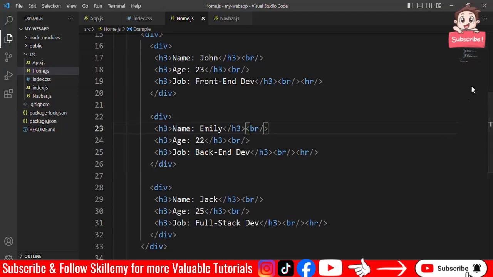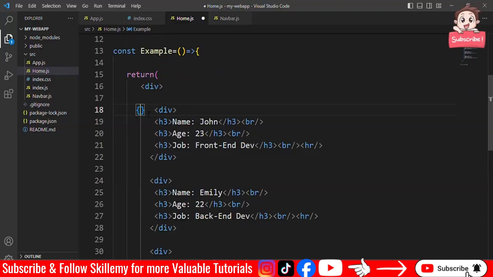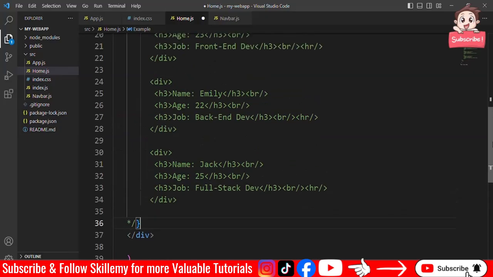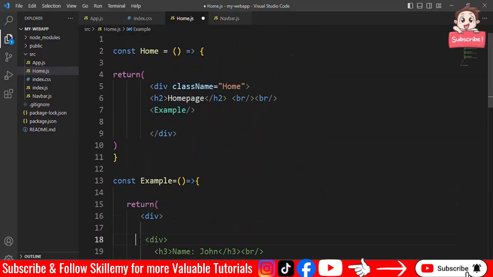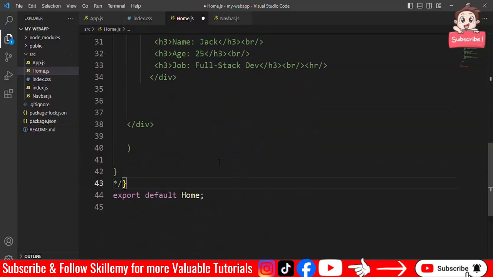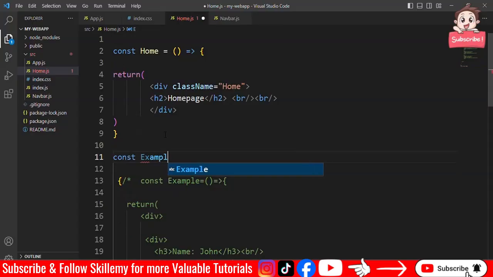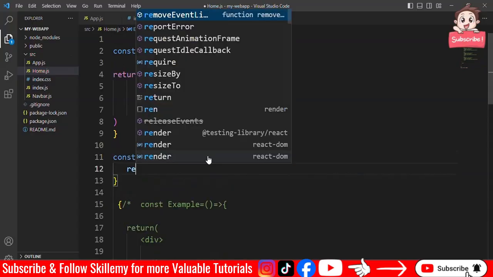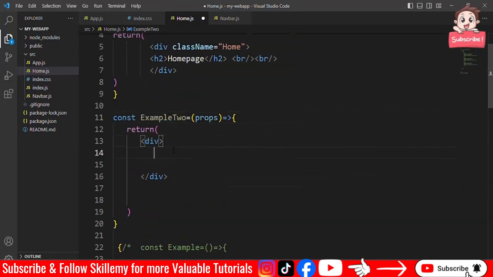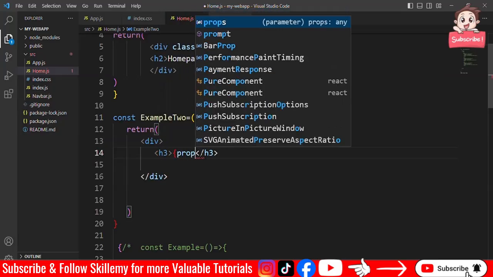So let me show you how we use props. Let me comment this elements, and let's do this in a more reusable and efficient manner using the props. So you know what, let me just comment this whole component out so you don't get confused by it. And let's create the new component, and I'm going to name it example2. Now here we will use the props. So example2 component will take the props as its parameter,